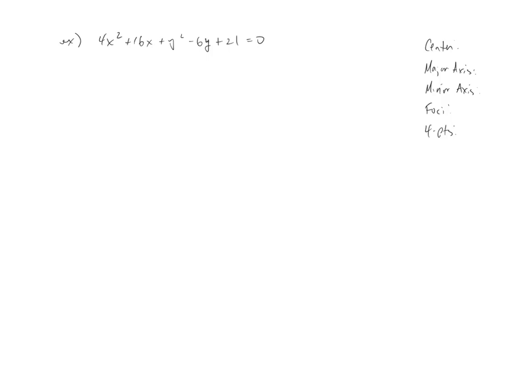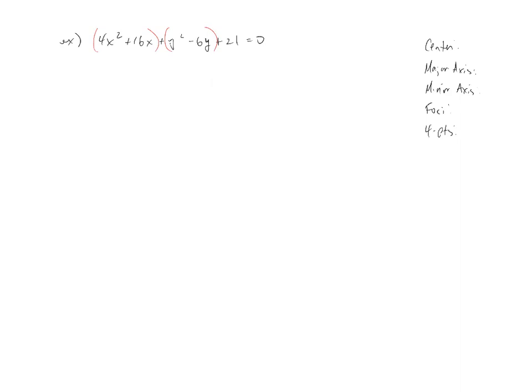The things that we'll be looking for on the right-hand side of the screen: we need the center, the major, the minor axes, the foci, and then 4 points as well that I'll show you here in just a second. Now, to get this into standard form, we're going to need to start by completing the square. And you'll always complete the square with respect to a variable, so in this case it's going to be done